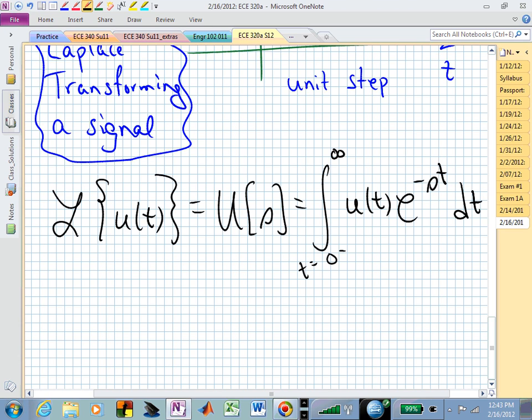So let's use that information. This is now going to be the integral from 0 minus to infinity. We just said what u of t was functionally. As a function of time t, u of t we can just write down as a constant 1. That's what the waveform is for all time that we're integrating with respect to, from 0 minus up to infinity. It's 1. Now we still need to weight that